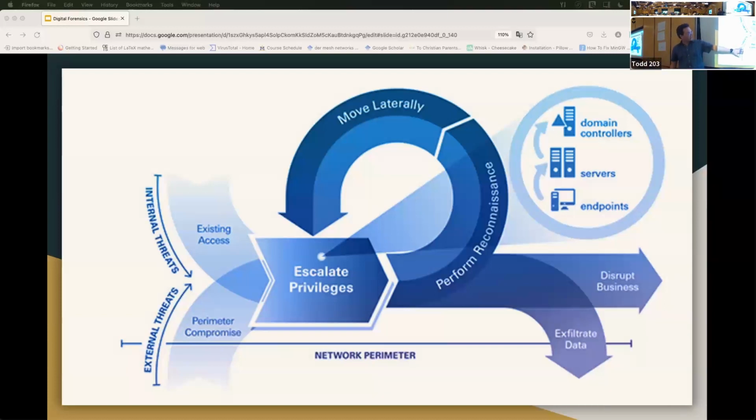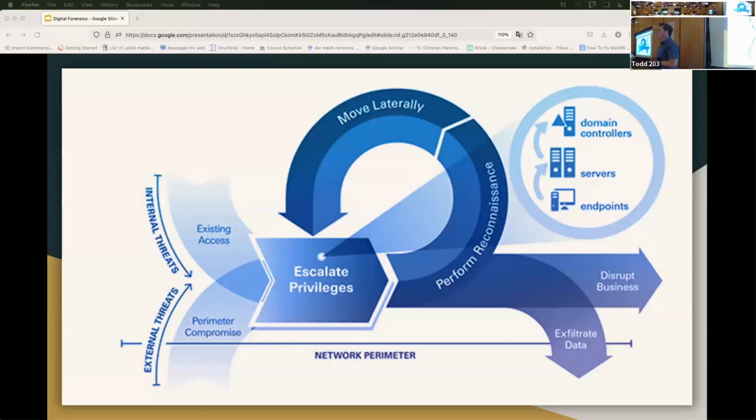That is part of the beginning here, perimeter compromise, getting into the system, right? But once you're in the system, if you don't have the privileges you want to accomplish the goal, whether that be to shut down the power or to steal data, you're going to want to perform reconnaissance to figure out how you're going to move laterally in the system. And once you do that, you'll escalate your privileges again and keep moving forward until you have the correct privileges to do whatever you're doing in the system. The reason it's important for us to know the attack life cycle is so that we can think through,